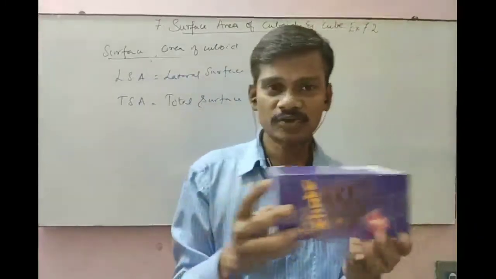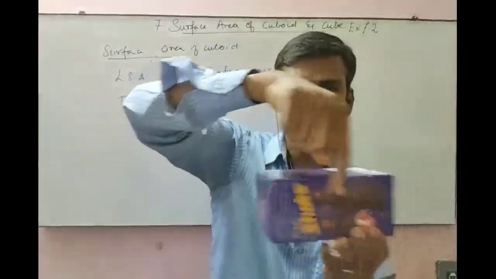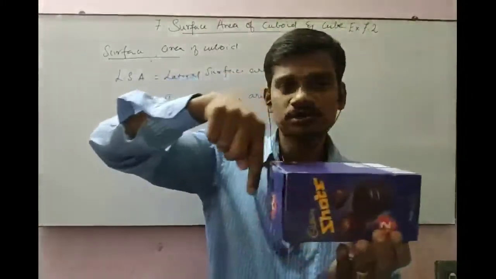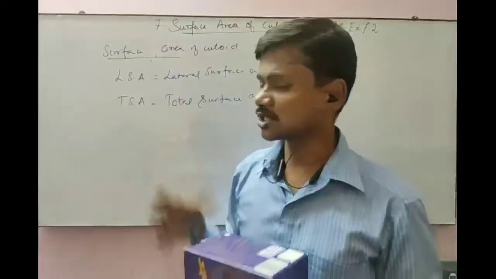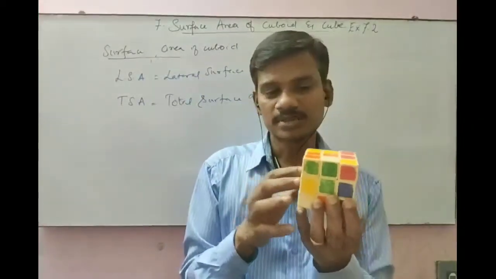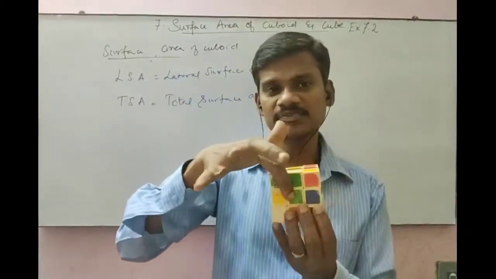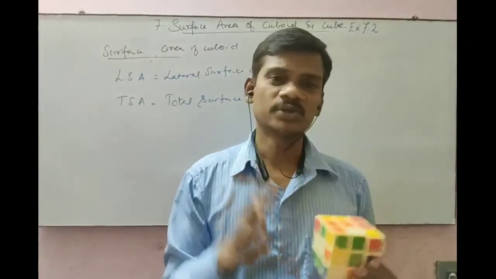So the lateral surface, you have to know this. What is the lateral surface? The lateral surface is the outer surface that goes around. If you add the top and bottom, we call it the total surface area. Like that in the cube also, it is the same. This is the lateral surface, and if you add the above and the below, we call it the total surface.